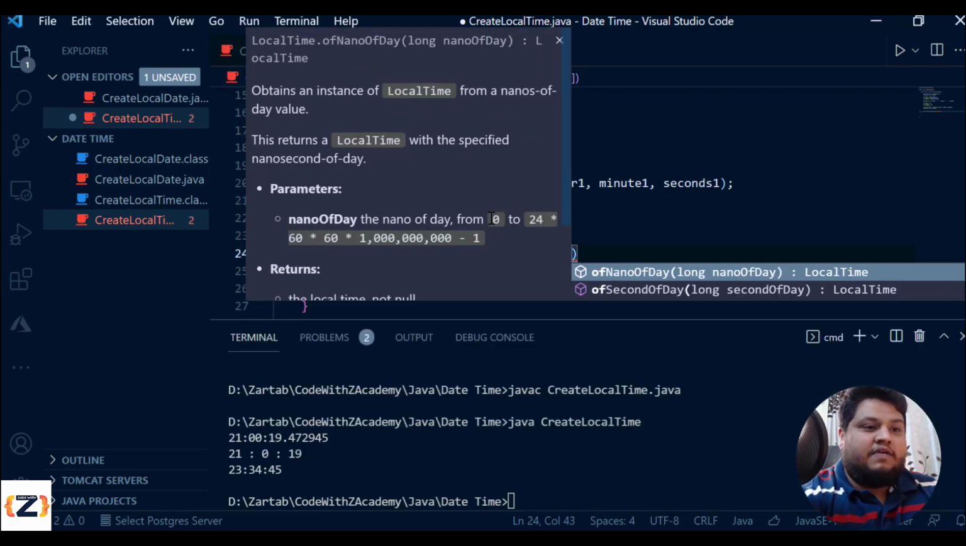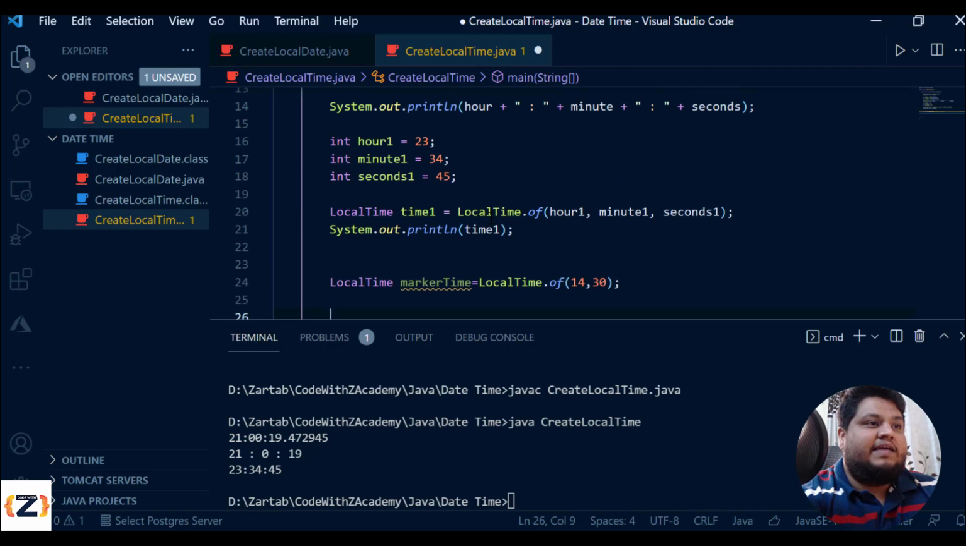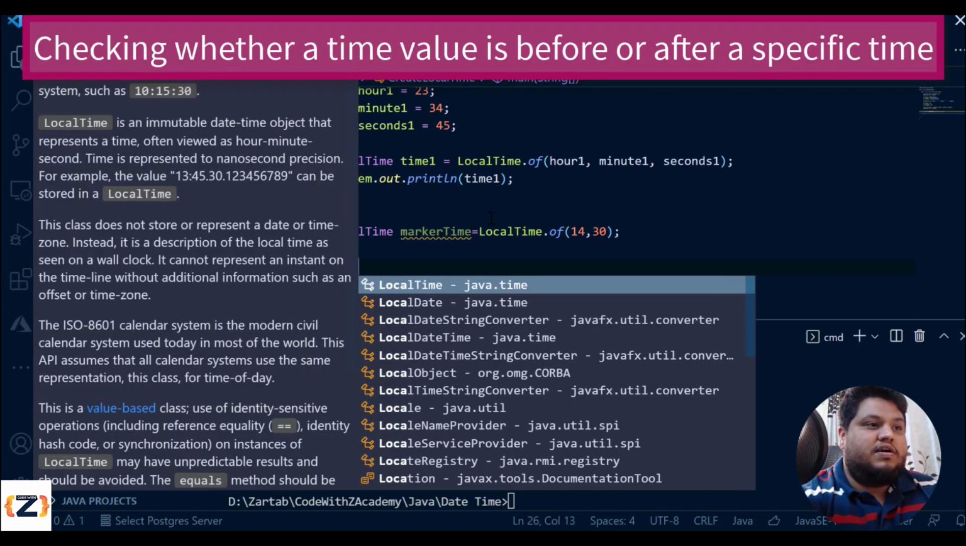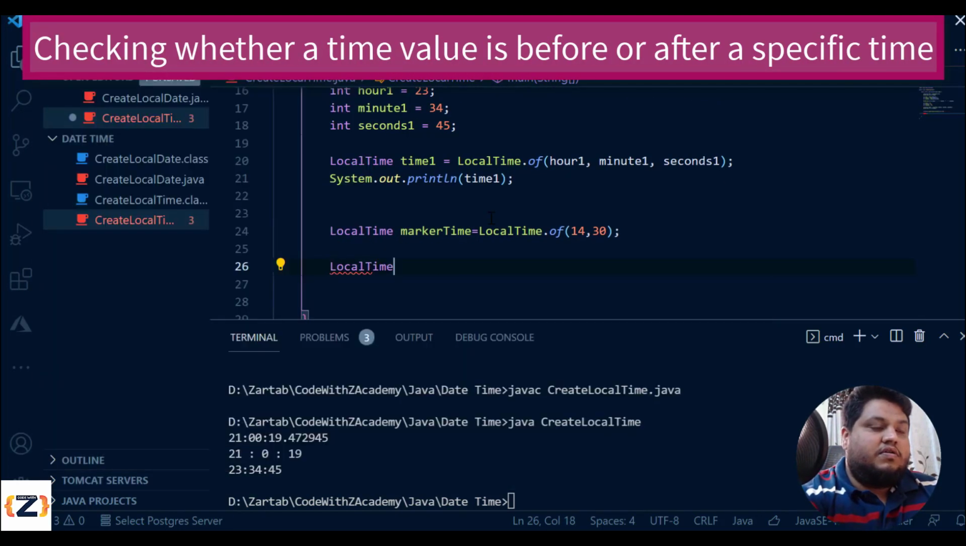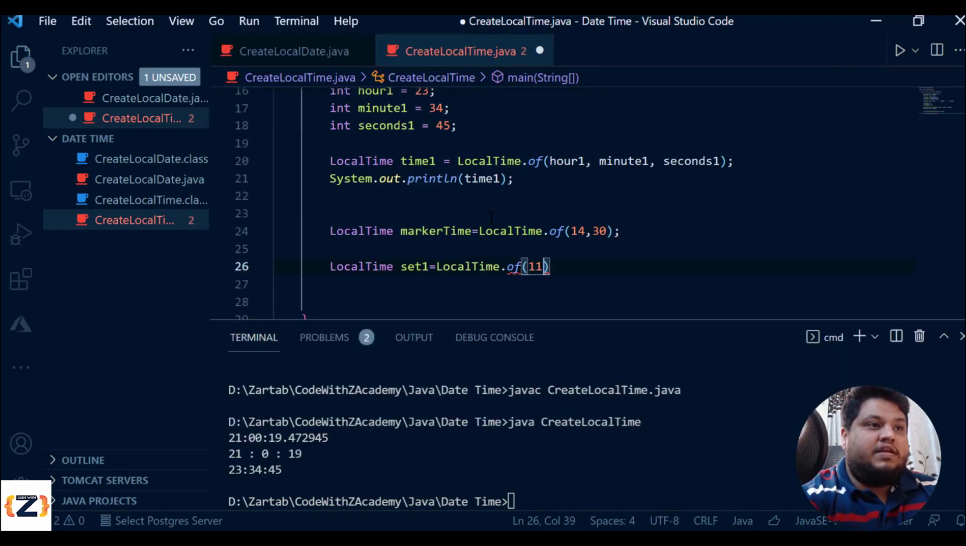Now I want to say, let's say it is 14, 30, that is 2:30 p.m. That's the time I want to have. Now let's say I want to check whether my time is before or after that. So local time, okay, so this is my set 1. So set 1 says local time dot off,